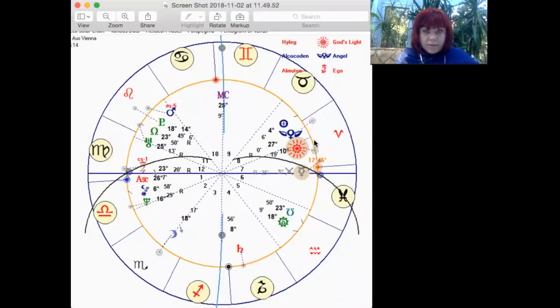So I calculated the distance between the Sun and Venus. If we roughly take that the Sun is at 11 degrees Aries and Venus is at 27 degrees Aries, we have about 16 degrees distance. We calculate this distance from the 27th degree Virgo, and we end up somewhere in the 14 degrees Libra. So the lot is somewhere here in the 14 degrees Libra, and we see if this point in Libra is afflicted or not, if this point is receiving harmonious aspects from other planets, and then we know more